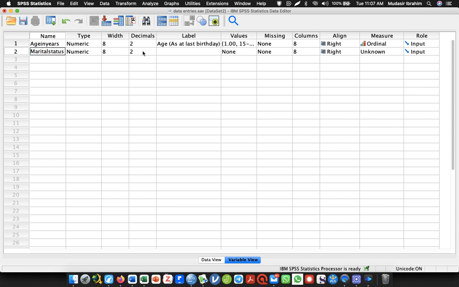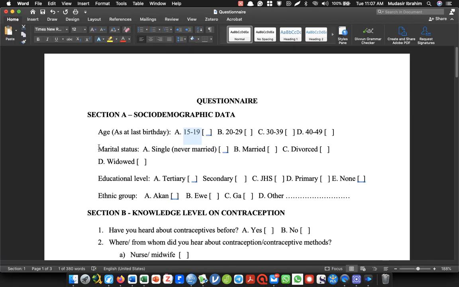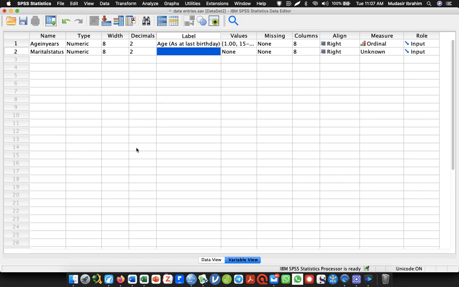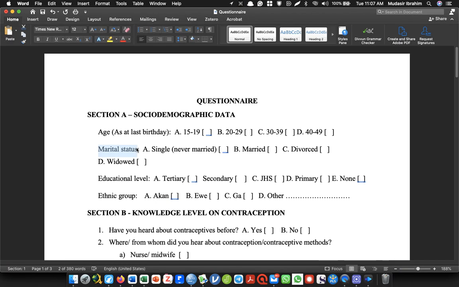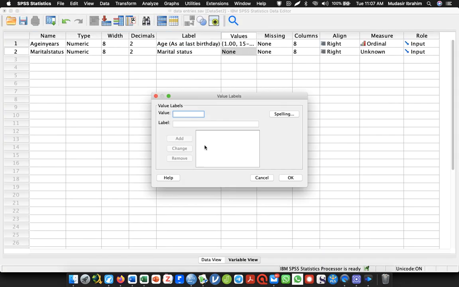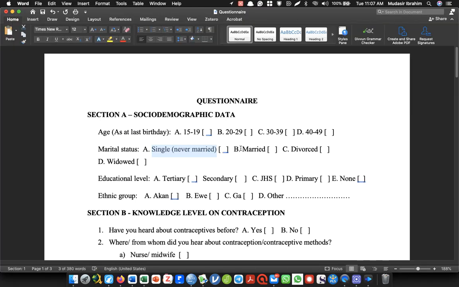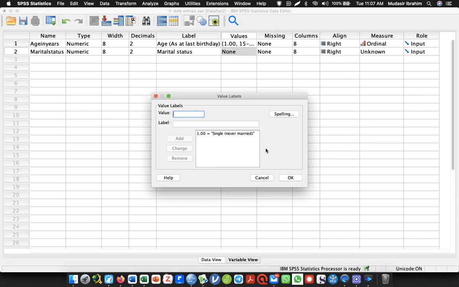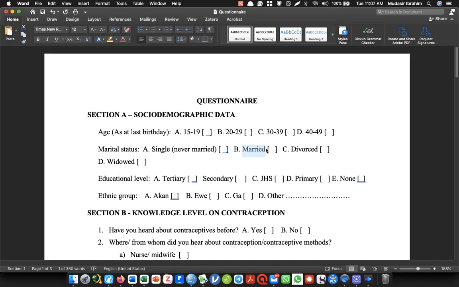You can even edit it. So you click here, copy this, Ctrl+C, then you paste. So we have single and never married. If you realize the option names are long, just copy, click here again, 3.1, paste, press enter, come back again, married, copy, paste, 2, 3. Since these are short, I'll just say divorced,